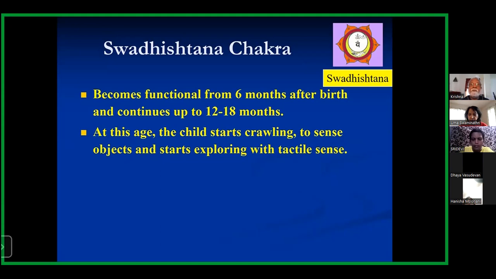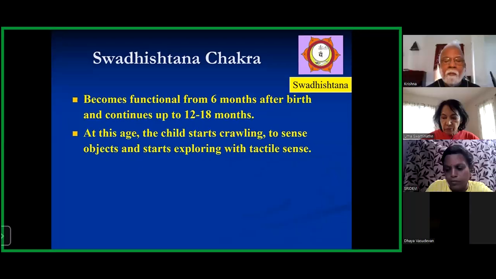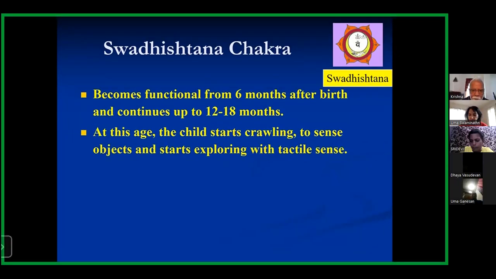At this stage, it starts slowly crawling. When it crawls, it is on all fours, like an animal, with hands and legs resting on the ground. Now, after some time, by about 9 months, 10 months, or 1 year, it tries to stand up. Then it starts moving slowly and tries to touch. That is, tactile sensation develops.